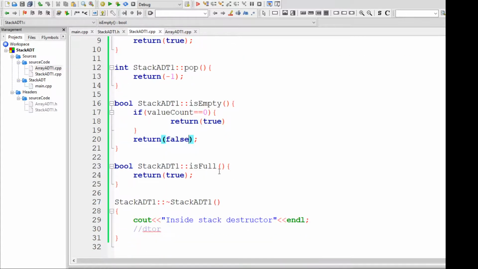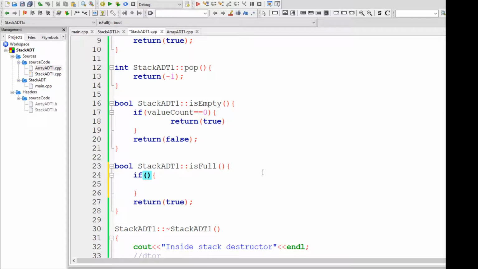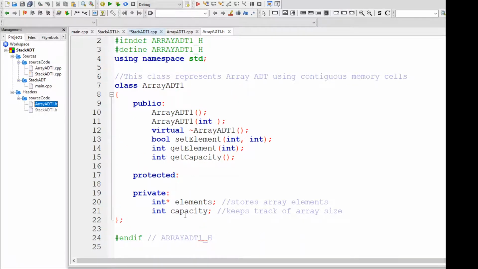So we'll compare the value of value count. If this value count is equal to the capacity of the stack, the array, I will go to the array and ask: do I know the capacity of the array publicly? We don't, because it's a private data element.